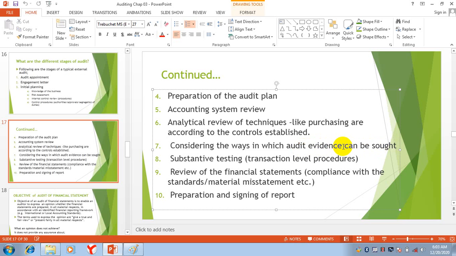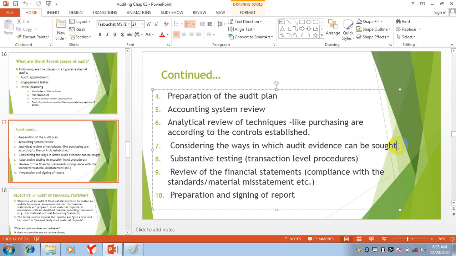Similarly, in purchasing, suppose shares of other companies or bonds, there will be evidence. So they will check how we will obtain the evidence regarding a transaction.